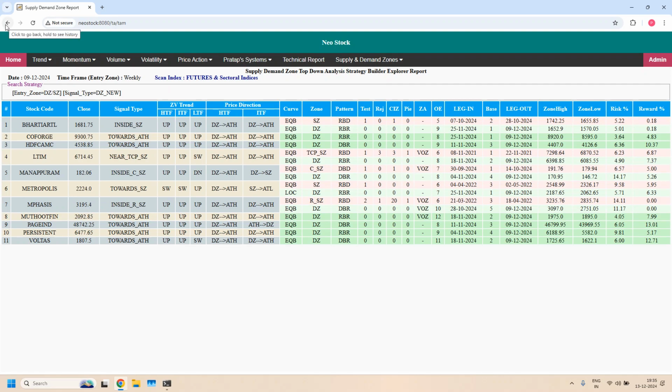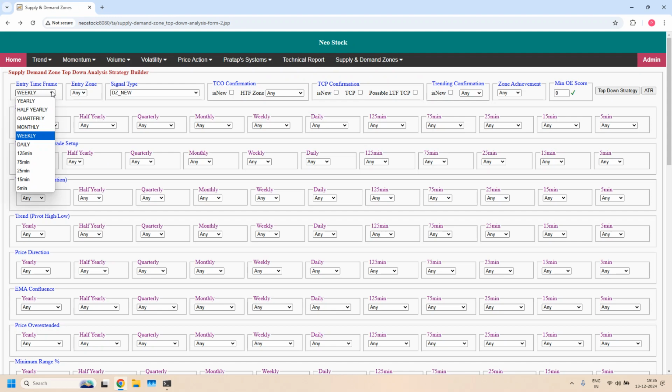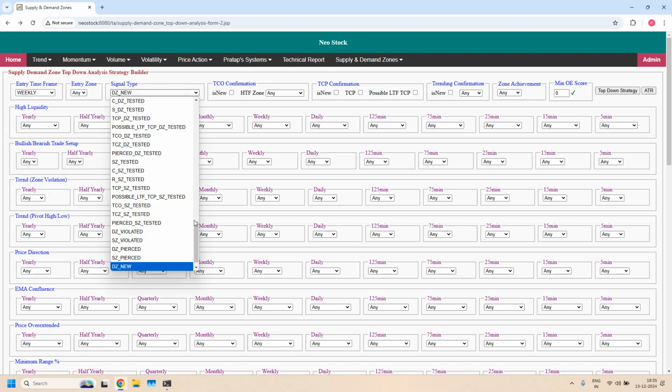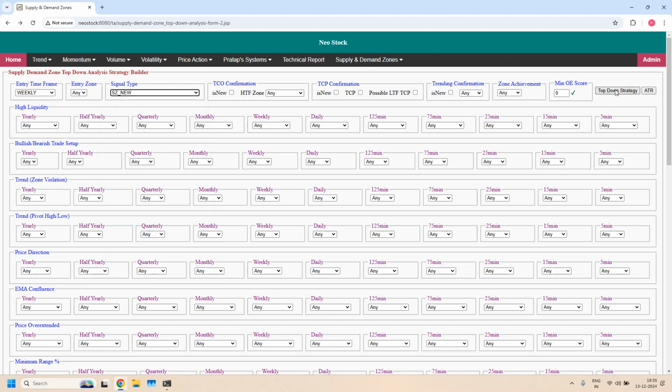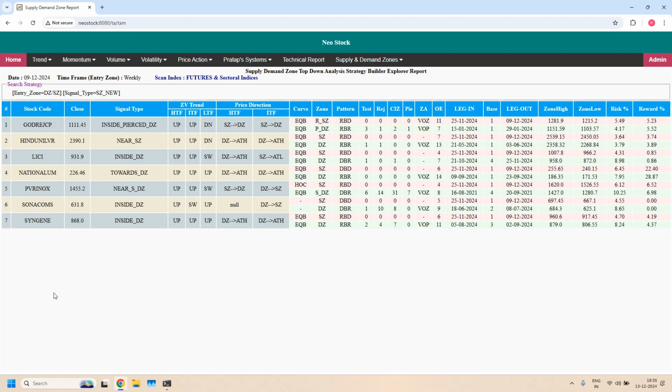Next, we will filter newly created weekly supply zones for weekly time frame. Stocks having newly created weekly supply zones. 7 stocks are filtered. These 7 stocks are having newly created weekly supply zones. Okay, this is about